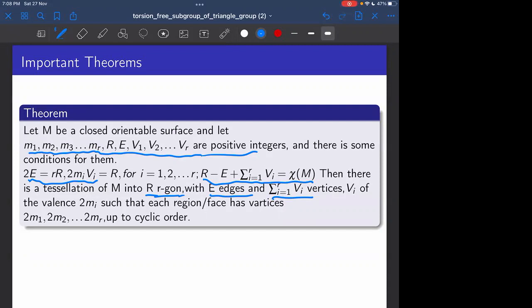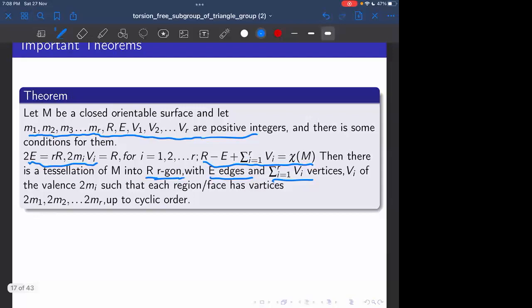So here, I can just tell the justification: it will create a tessellation. You can see this is r-gon, right? This is r and gon. So there will be r phases. Actually, every simply connected part of the tessellation we call a phase. So r-gon means every face has r edges, and every edge is counted twice, because every edge is part of two phases. So r times F equals 2E,